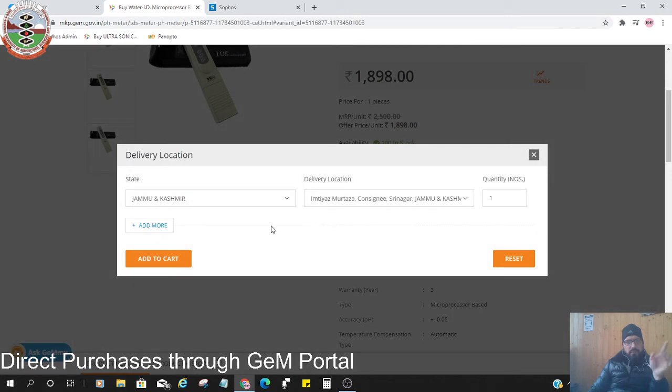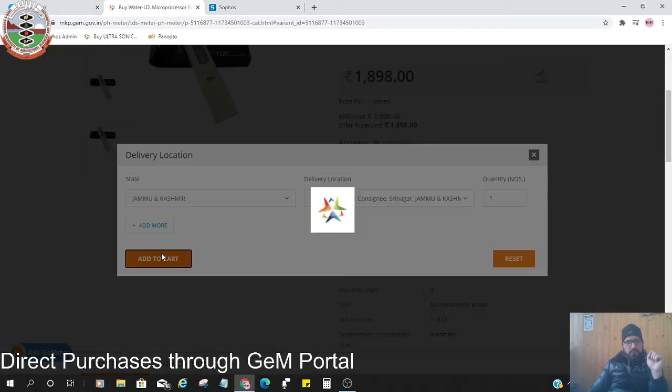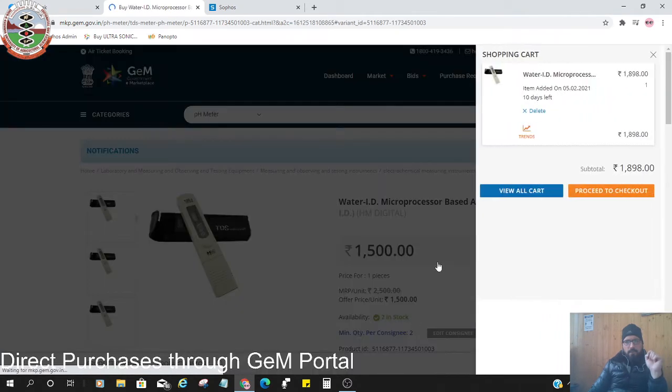Direct purchase, consignee we have already selected, add to cart. Something went wrong. Okay, so you can see here there is a trends-like thing.